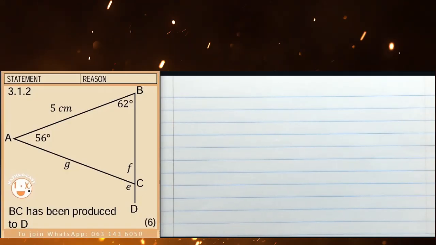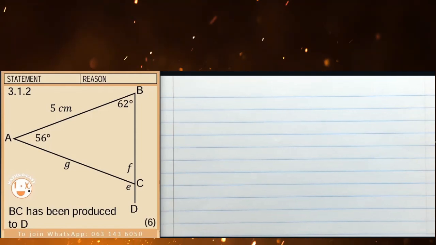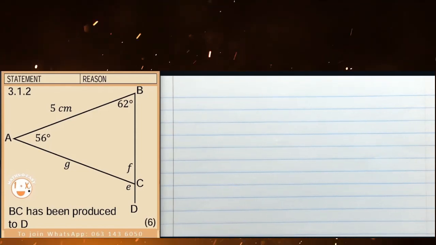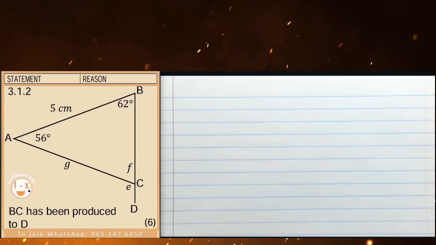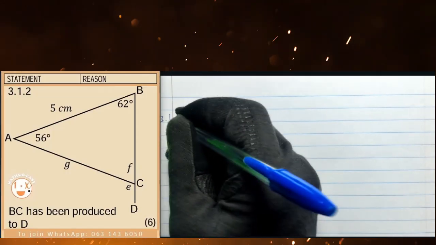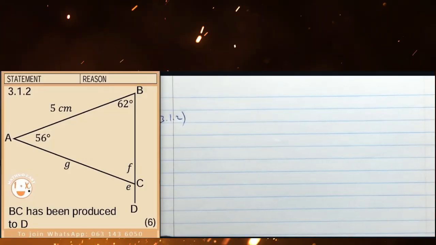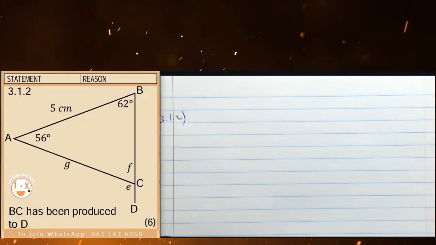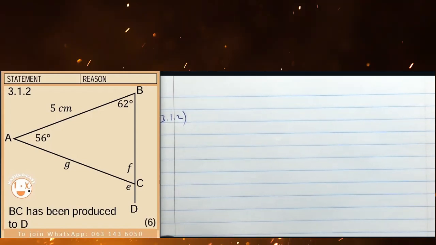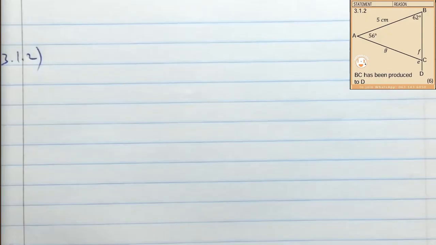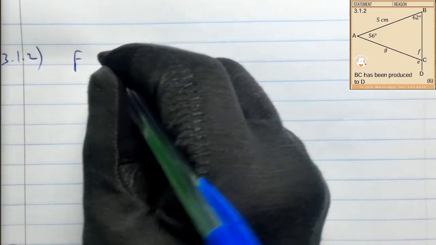Like in the one in 2.4, you remember? So in this one, they give us that one, and we are required to determine what E, F, G is. This one is not difficult. Remember, this is also free 6 marks. Let's see. Little bit of thinking, but not too much. So if they give me this one, and they say I must start with E, I can start with E. But if I've forgotten, I can start with F. I can say F is what? I can start with F and say F is equals to